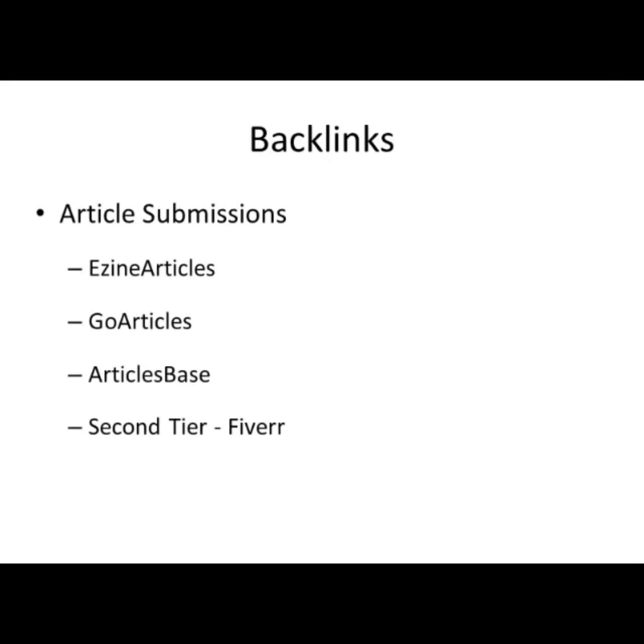Now in some cases you will need to do more or continue to do it month after month, but these I'm going to show you here are a great place to go out and get your backlinks. So first off, the number one place to get started is with article submissions. A couple of the top ones I always try to submit to are eZine Articles, Go Articles, and Articles Base. Articles Base actually no follows their links in most cases, and that is not something I worry about because